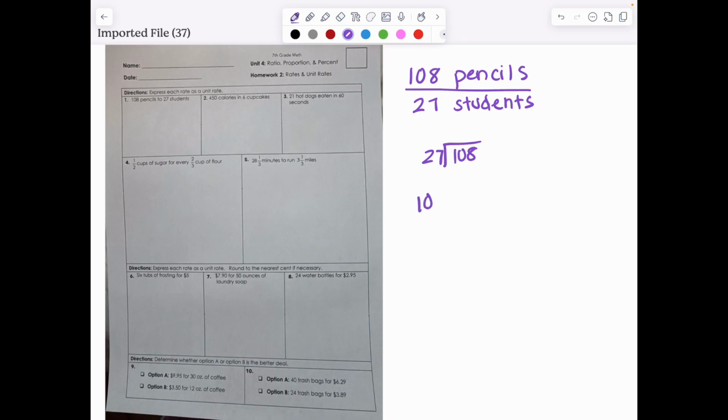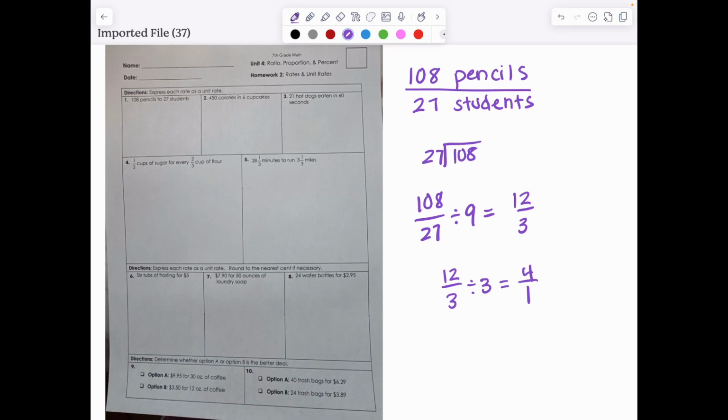Now, another way to do it is 108 over 27 is basically a fraction. So if you divide both of them by 9, then you're going to get your unit rate. So in this case, 108 divided by 9 is 12. And 27 divided by 9 is 3. Oh, it looks like you can simplify that even more. So if you take 12 over 3 and you divide it by 3, you now have 4 to